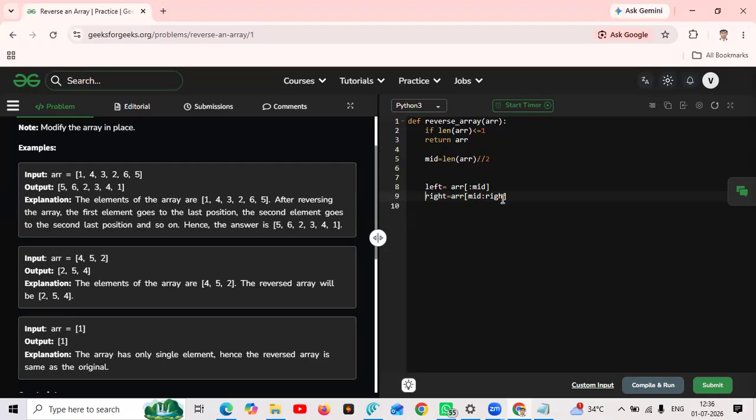Sorry, I'm just writing the same thing that I'm explaining. So then I have to return, and here I use the concept of slicing and revert the function. As I use the word function, the function is reverse array. So as I'm using recursion, reverse array right, plus reverse array